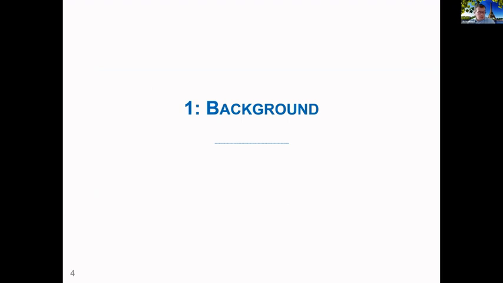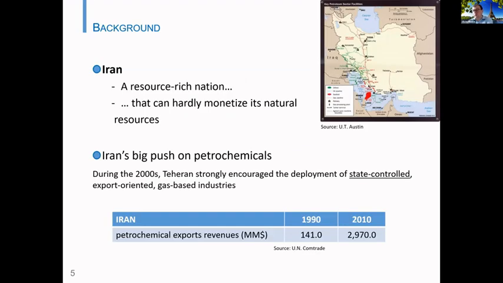For those of you who may know my work, I maintain a long-lasting interest in natural gas, and so when we talk about Iran, we think of course about gas. Because of various issues that would take too long to comment on now, we know that Iran has a hard time exporting its gas in LNG form. So Iran opted for an alternative way of monetizing its gas, which is to convert it into petrochemicals. Over the last two decades, Tehran has developed a strong state-controlled industry aimed at converting that gas into petrochemicals, and Tehran basically exports its petrochemicals nowadays.